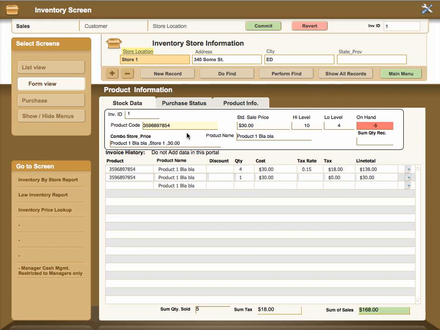Now let's cover the actual items on the screen down here under the product. The product code was obviously the first one, which can be brought in by importing an Excel or a CSV file and loading the entire product inventory in here if you have a listing of that kind. It will automatically add to this combo screen information down here, which is shown when you do an invoice. On the invoice line, you're going to see the UPC or barcode or name. You're going to see the product ID and the name of it, the store that it's originated to, and the